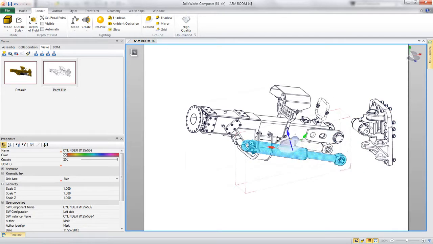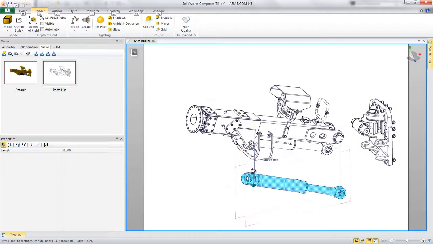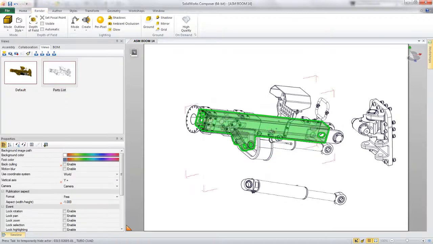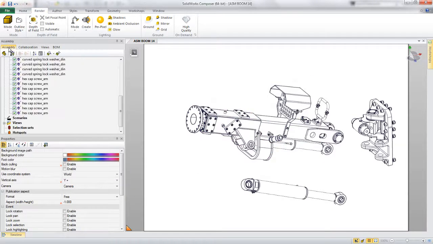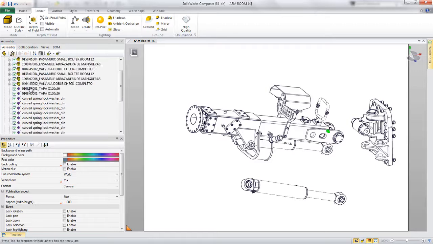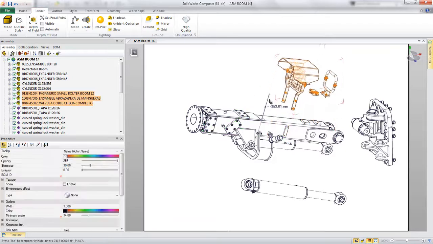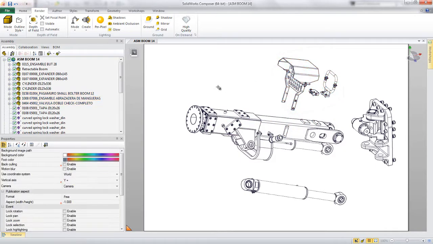In this case, we want to explode several components. And one of the things you'll notice is that when I grab the components, I can also choose edges and axes to move them by. Not only can we select any of the geometry on screen, but we can also select it directly from the assembly structure as well. This is nice when we want to grab several full subassemblies and do a move operation to those. So we've exploded our components, and the next thing we want to do is we want to create